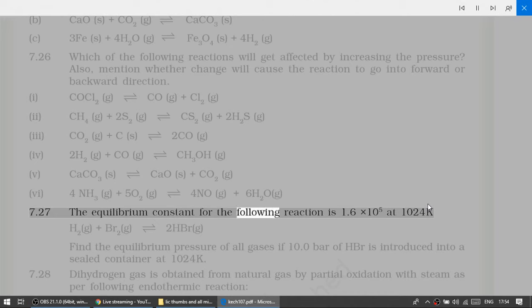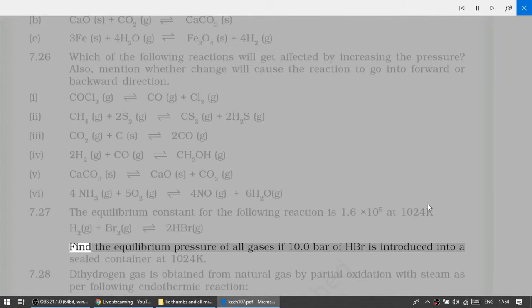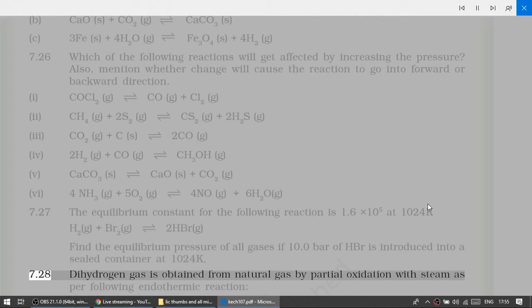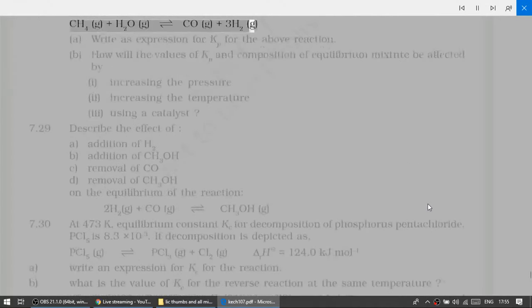7.27 The equilibrium constant for the following reaction is 1.6 × 10⁵ at 1024 K. H2(g) + Br2(g) ⇌ 2HBr(g). Find the equilibrium pressure of all gases if 10.0 bar of HBr is introduced into a sealed container at 1024 K. 7.28 The hydrogen gas is obtained from natural gas by partial oxidation with steam as per following endothermic reaction: CH4(g) + H2O(g) ⇌ CO(g) + 3H2(g). (a)